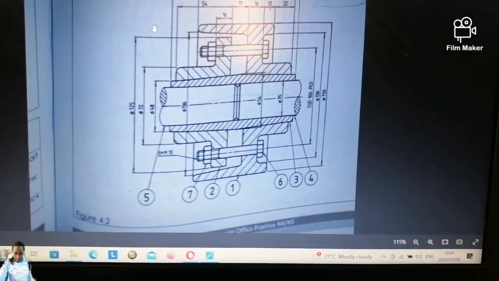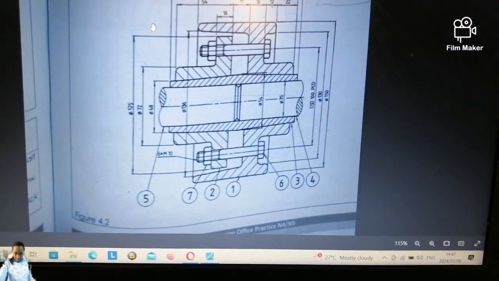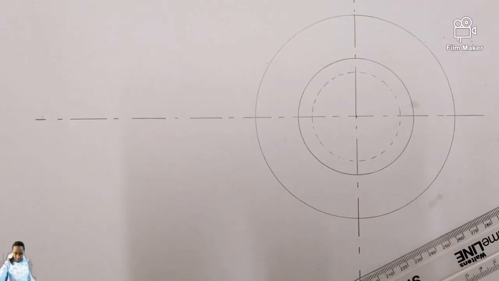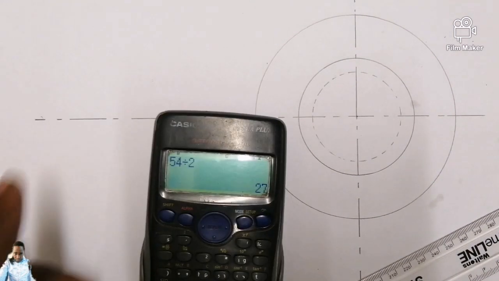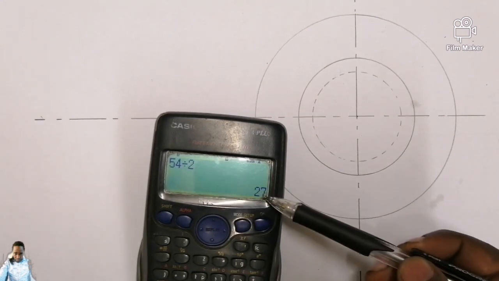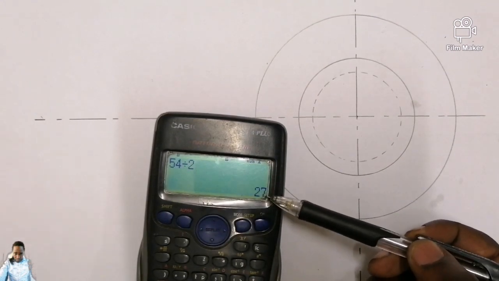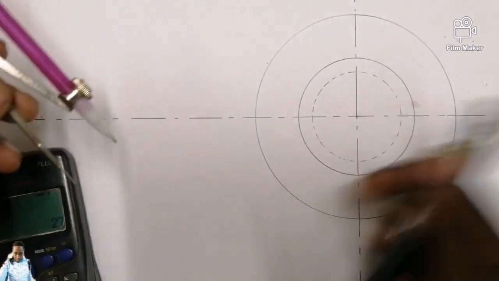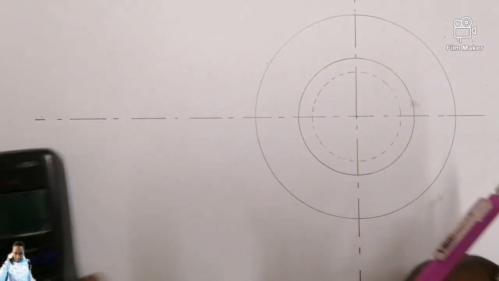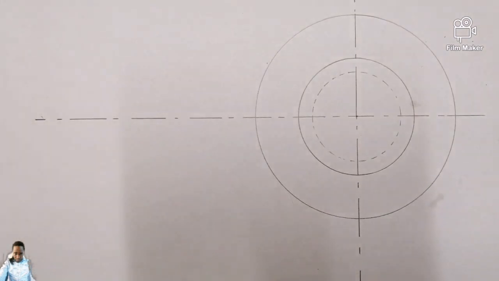Sorry guys, I do not have the hard copy of this one. So 54 divided by 2. Remember how did you get it? Diameter 54 divided by 2, we got 27. You open your drawing compass to 27, you place it there, and then you draw the circle. It's supposed to be in hidden. This one is supposed to be in hidden. Then it is going to be followed by